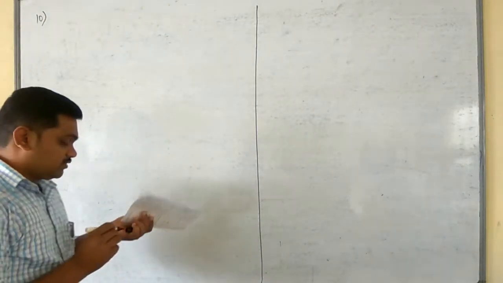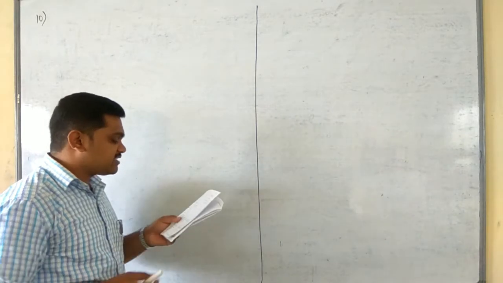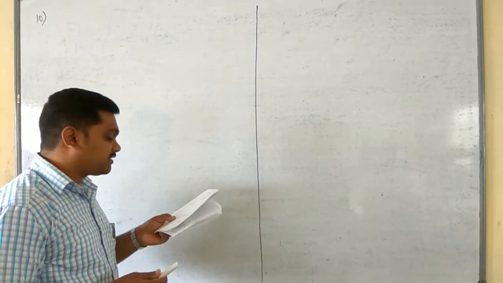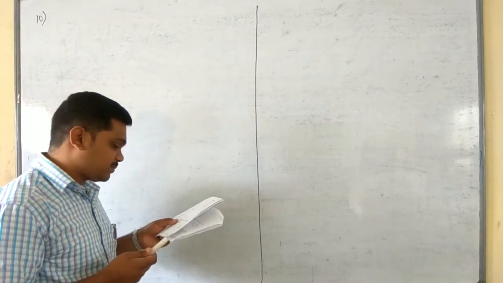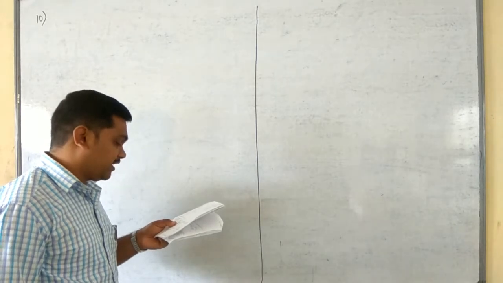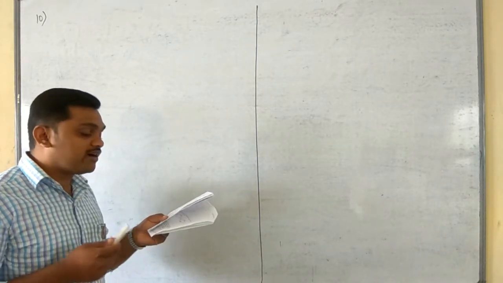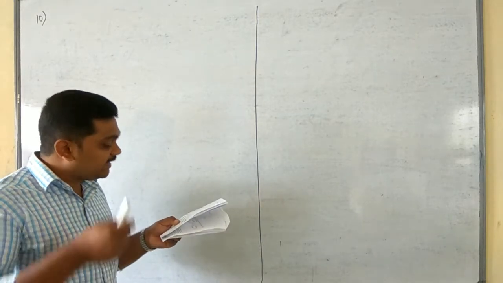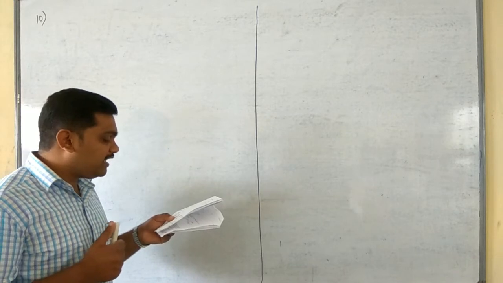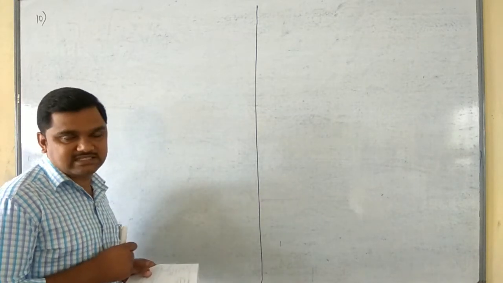The 10th numerical problem says that two resistance coils, 100 ohm and 200 ohm, are respectively connected in series across a 100 volt battery. A moving coil voltmeter of resistance 200 ohm is connected in turn across each coil. What will be the reading of the voltmeter in each case?